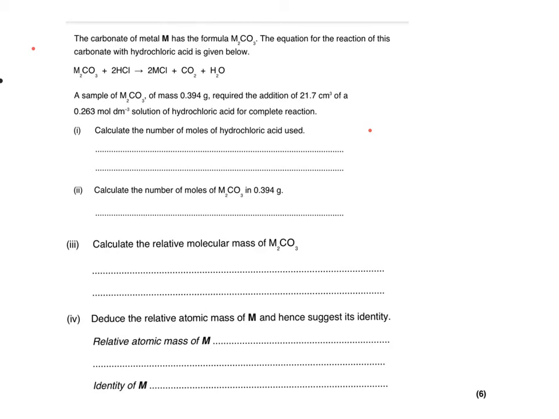So this question is about a carbonate of metal M. We don't know what the metal M is. We know it's a metal and we know it's in the compound M2CO3, and we're expected to work out what M is. And the way this question works is it guides us through all the different steps and makes it